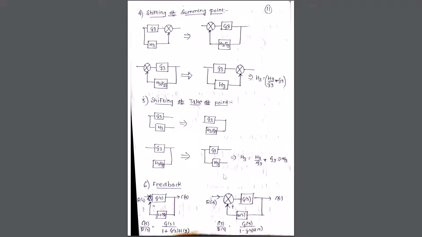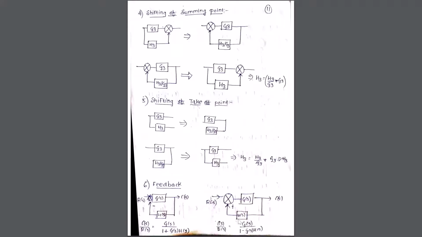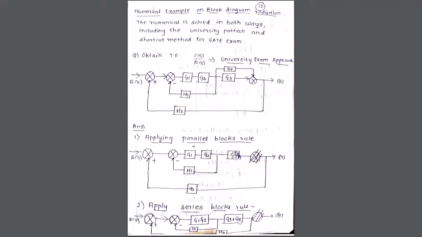Similarly, the feedback of the system, this is already explained to you. If you look at this, you have R(s), G(s), C(s), and H(s). So C(s) upon R(s) is going to be G(s), that's the forward transfer function, upon 1 plus. When a minus is there, I told you use a plus. When a plus is there, you use a minus. G(s) upon H(s). Here we have a plus, so we are using a minus. So these are the rules, right from the associative rule to blocks in series, blocks in parallel, shifting of summing point, shifting of takeoff point, and the final feedback function.